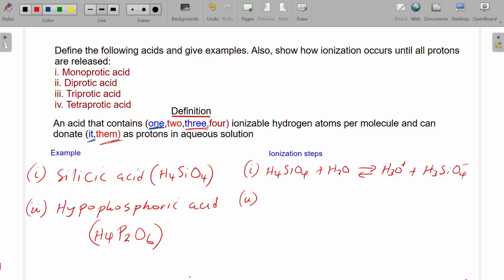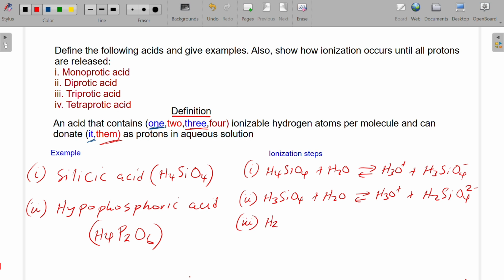The second step, we're going to put the product, H₃SiO₄⁻, back in water, and what we are going to have again are hydronium ions, the only positively charged ions, and then we'll have H₂SiO₄. The charge now will be a 2 minus. Then the third step